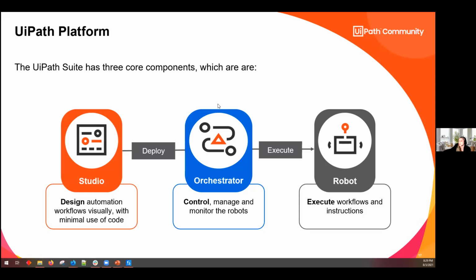So what we would cover with Studio is the development environment. It's the tool that you would use to build your automation, and making that automation available to run on another environment is called publishing. You don't have to have that development environment on another machine in order for it to be published there.